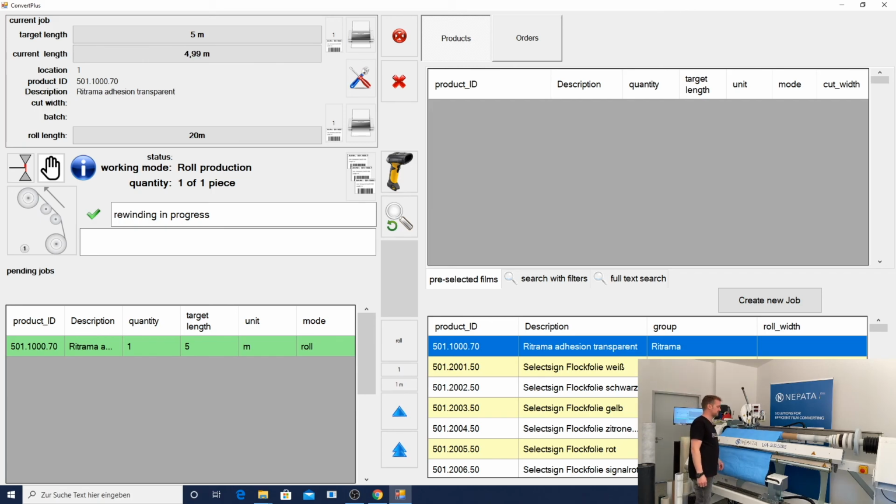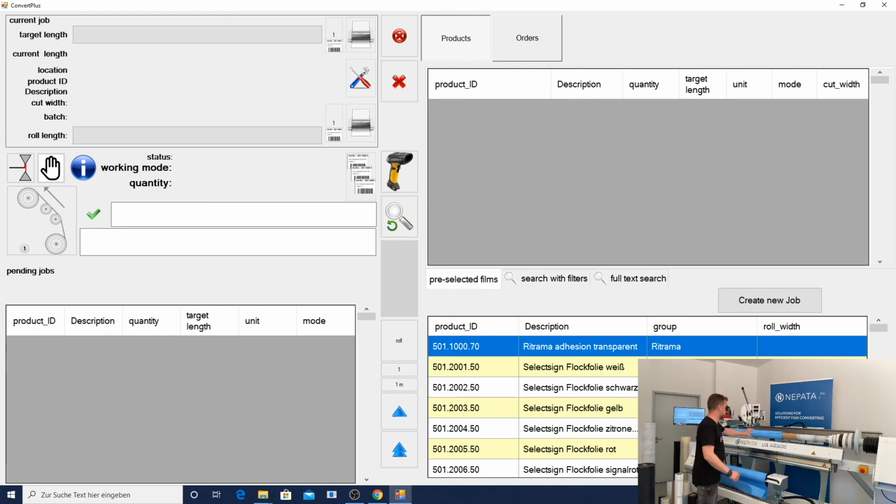So you will see within some seconds we have an exact 5-meter rewind. The accuracy is actually very high. It's better than 0.1%,